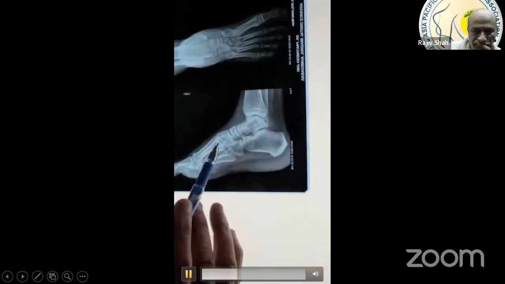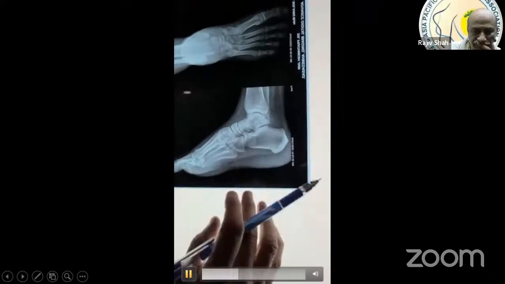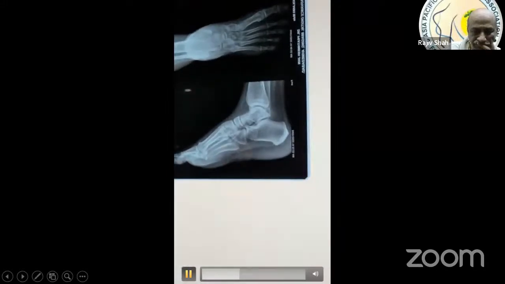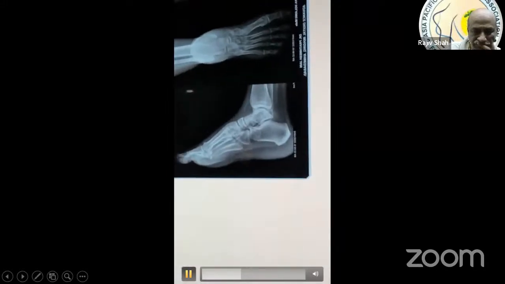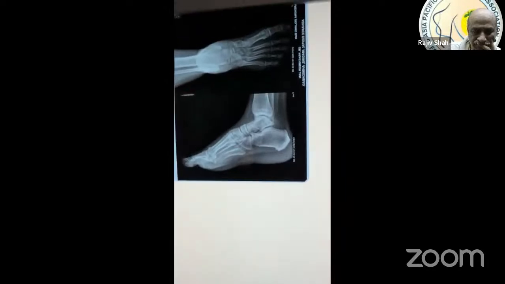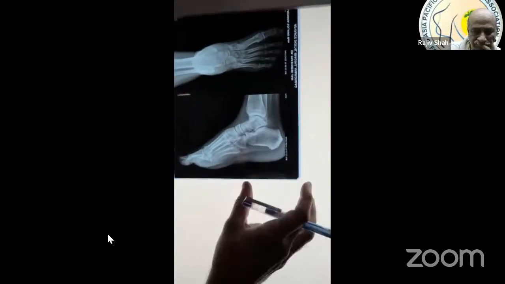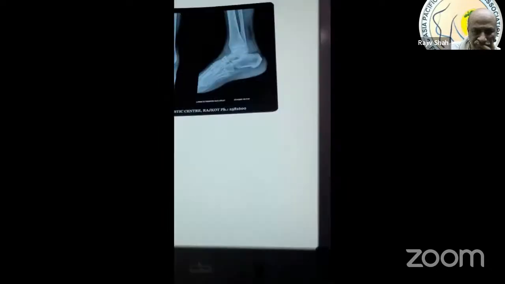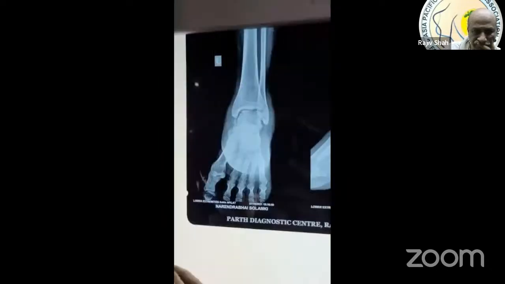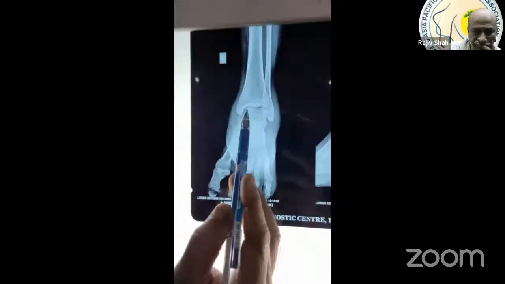He gave a below-knee slab for 2-3 weeks, but the patient did not improve and went to another orthopedic surgeon who got these x-rays,